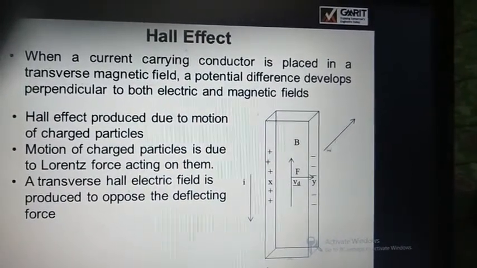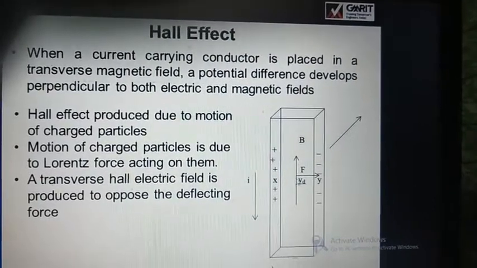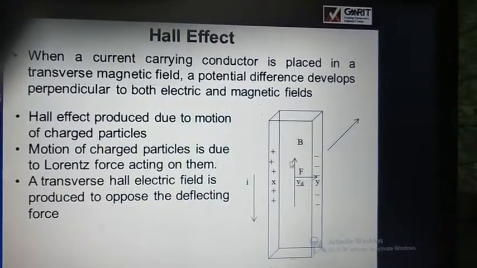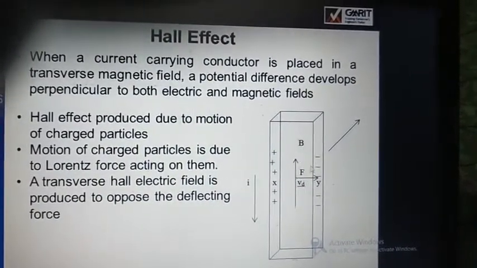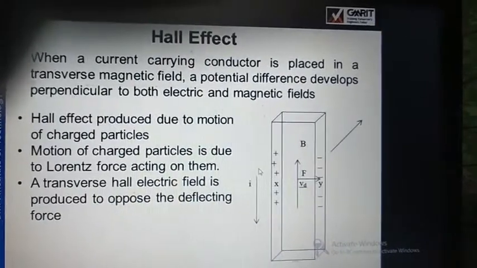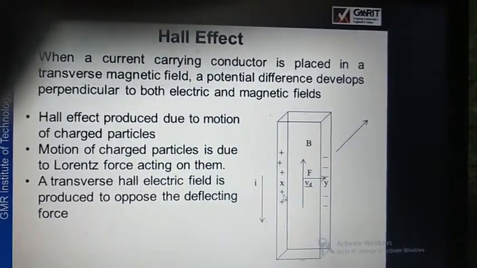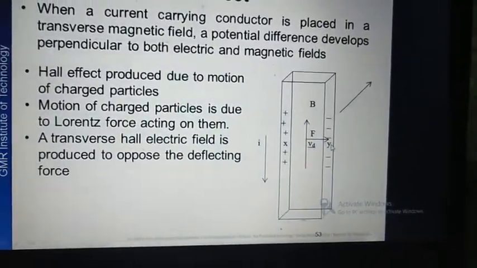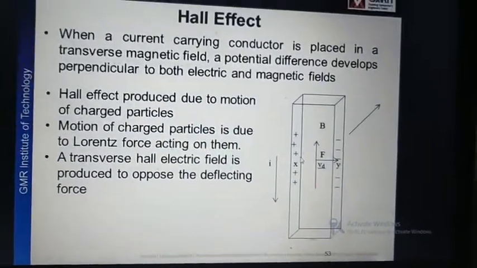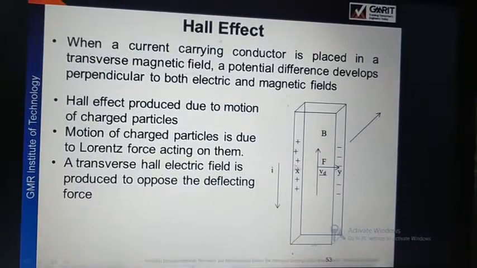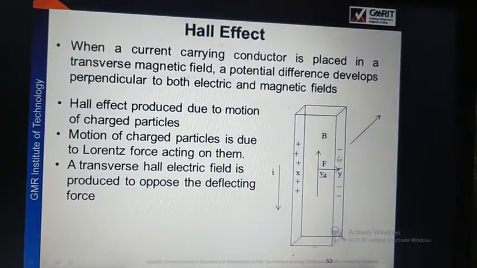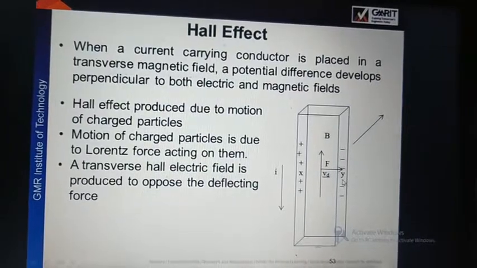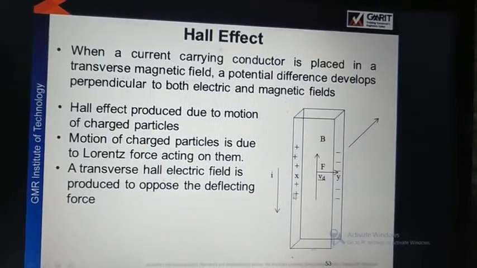This is happening due to the applied magnetic field on the semiconductor or conductor. If I take a conductor, only the electrons will come here, due to that positive charges will build up here. If I take a semiconductor, all the electrons will come this side and all the holes will come this side. See, this is looking like one side is completely becoming negative and the other side is completely becoming positive.